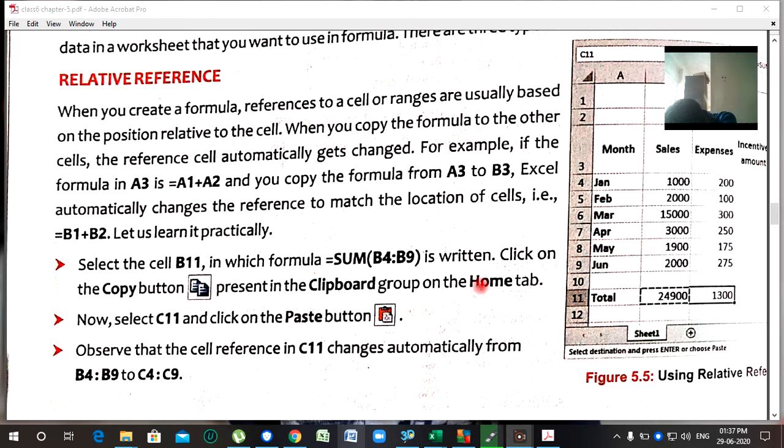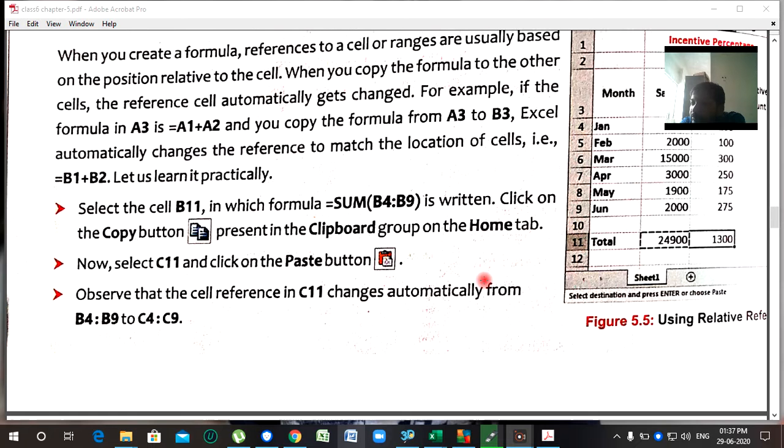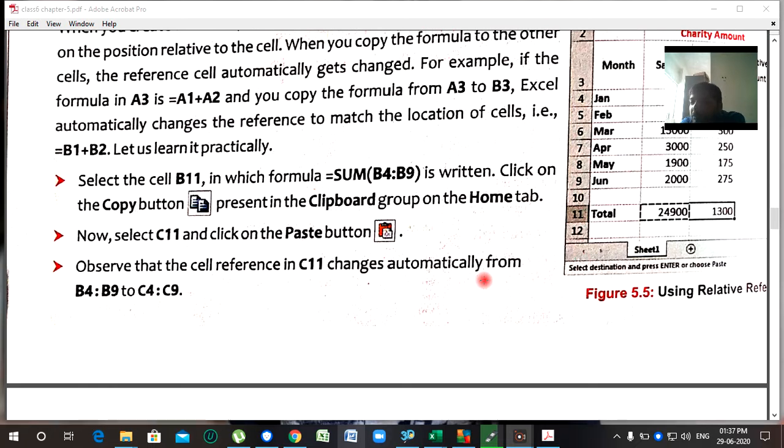And when we copy this, for example F5, and paste it to another position, the formula is also copied, but the cell address will be automatically changed according to that cell. This is the way of the relative reference.